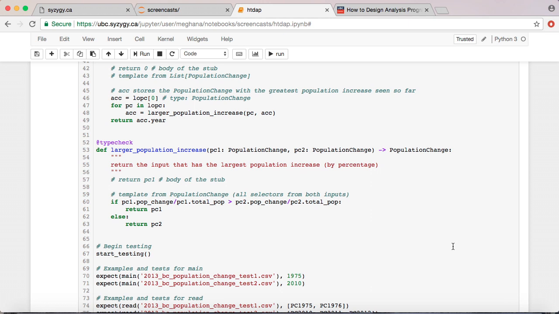But if I look at it more closely, it might be accomplishing two tasks. It's figuring out which population increase was higher, but also figuring out what the population increase was for each year. We could choose to design a helper function to figure out the population change as a percentage for a given population change year. I won't make that change here, but that's something that you could choose to do if you were designing this program yourself.